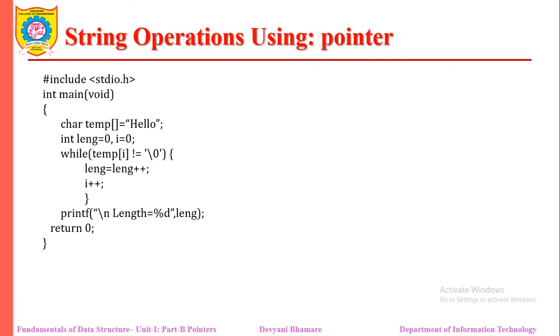If I want to do some operations on our string, what kind of operations can we perform? Yes, we can compute the length of the string. We can check whether two strings are equal or not. We can copy the content of one string into another string. For such different kinds of operations, there are some inbuilt functions included in the string.h header file. We can write code to perform such string operations with pointers and without pointers.